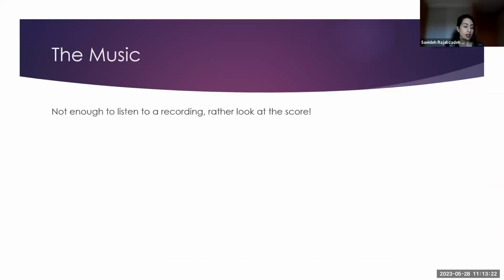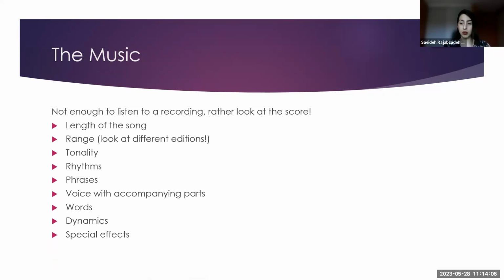After you have created your description of where you truly think you stand in your journey, then it's time to look at the songs and see which ones are suitable for you. I included a note here that a lot of times we might listen to a recording and think, oh, that's perfect for me. But I would recommend that you also look at the score, because sometimes it's very deceiving, right? We listen to a recording, the singer is doing a great job, and we think it might be simple, but it might be more complicated than we think, and maybe not completely suitable. So listen to recordings and look at the scores as much as possible. Ask an instructor or a conductor to help you in this process.